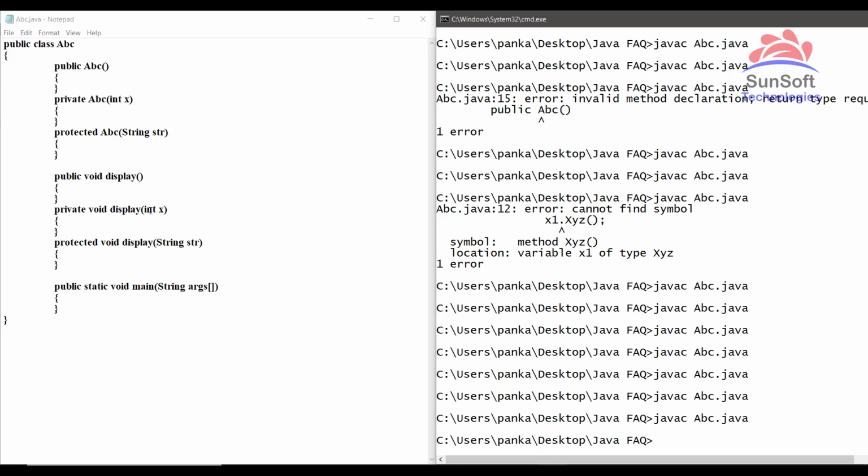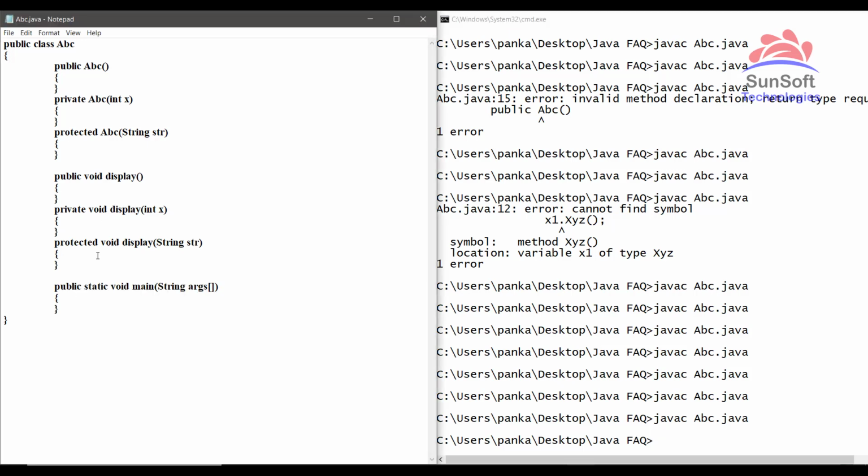And then the last similarity between constructors and methods: both can have any logic. Just to showcase that, obviously we know inside a method we can put an if based on some condition, System.out.println hi, else System.out.println hello.